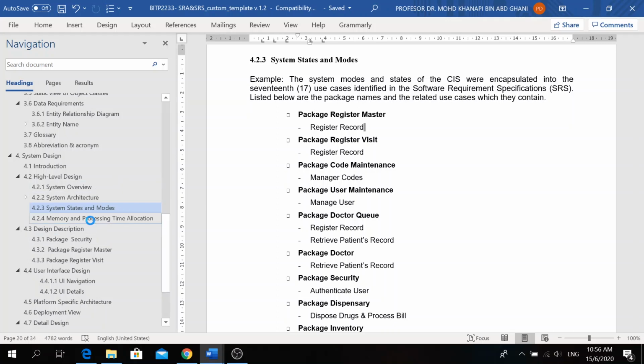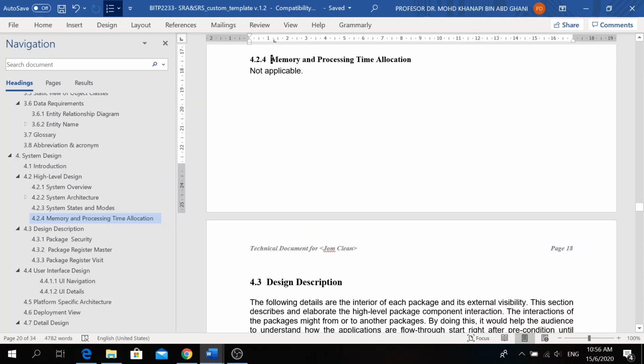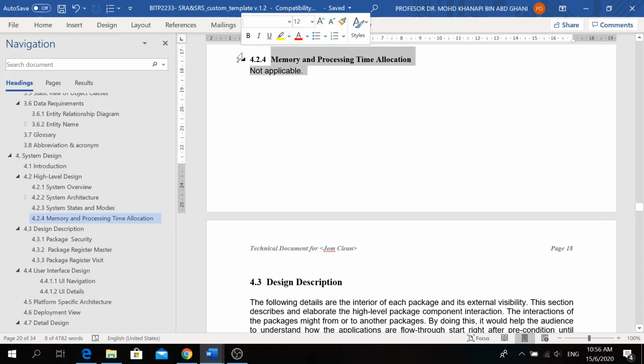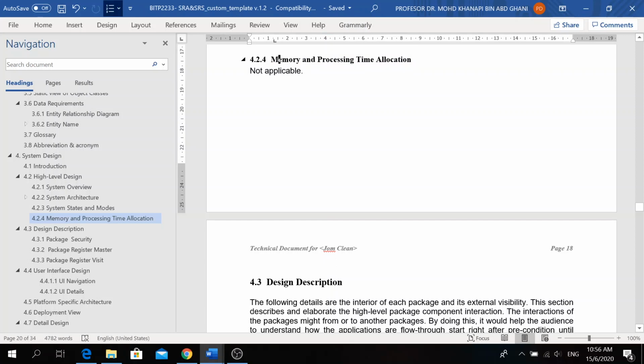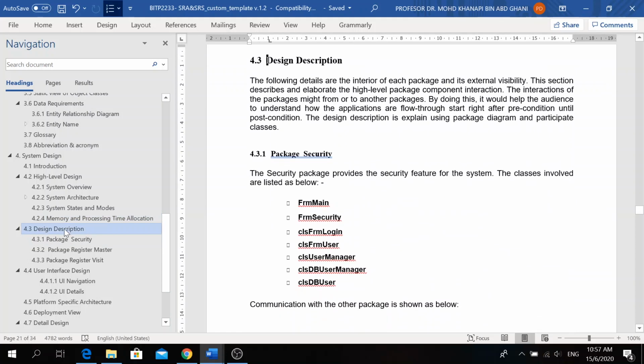And then memory and processing time allocation, I think this is not applicable for your mini project, because this involves a lot of technical calculation. Okay, so now, this week what you need to do and complete before you submit your project document is